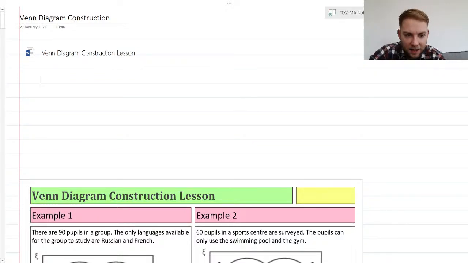Okay, so today we're looking at Venn diagrams, and we're looking at construction Venn diagrams today. So, with Venn diagrams, the first thing we're going to write down is,